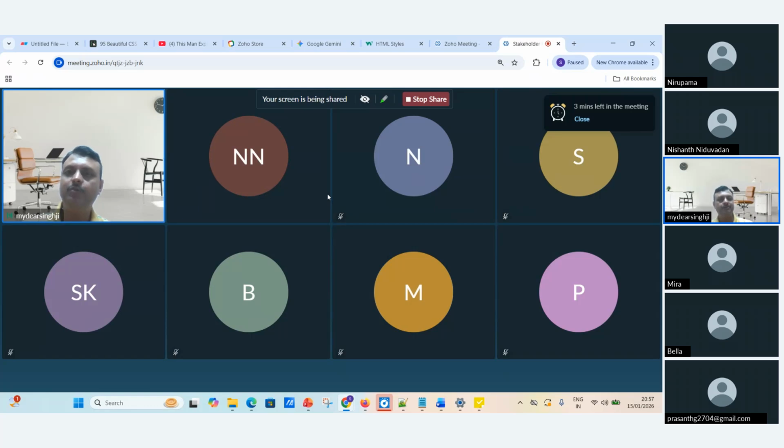And the 3D model for stakeholder identification is not required. Only the stakeholder identification like the power interest matrix will be there. Categorization will be there. They will ask sometimes the unaware and resistant categories. So that is important.